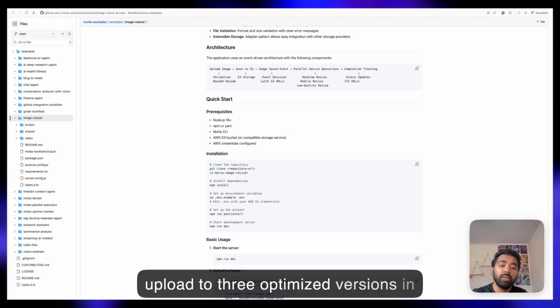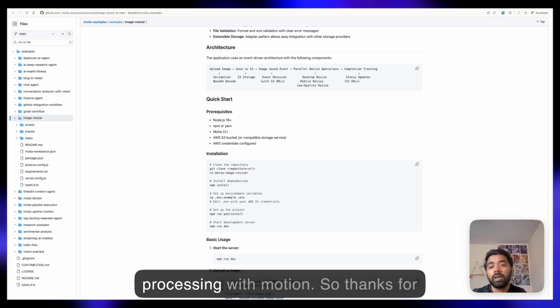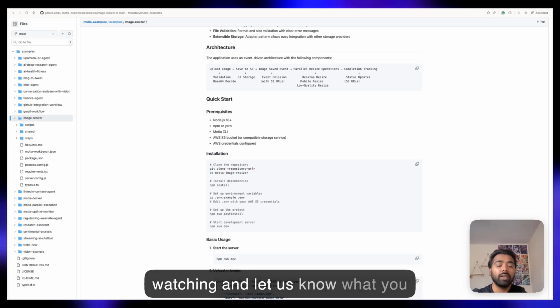So from 1 upload to 3 optimized versions in seconds. That's the power of parallel processing with Motia. So thanks for watching, and let us know what